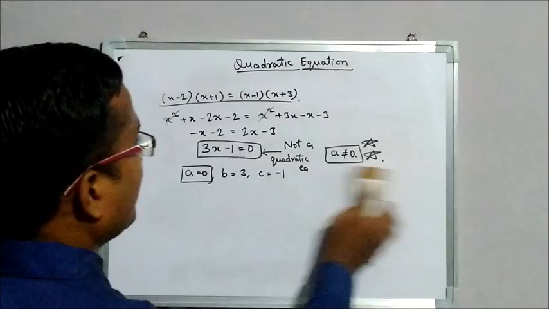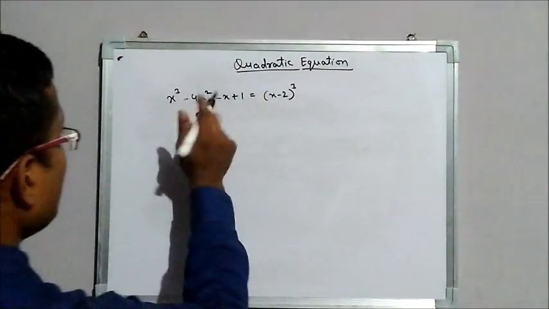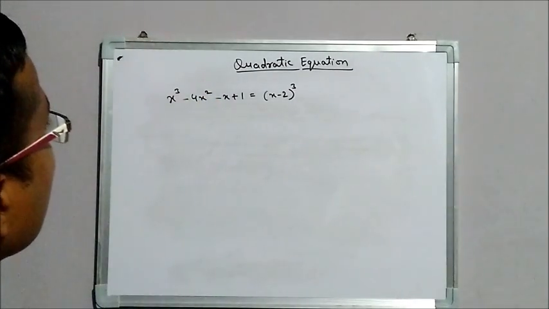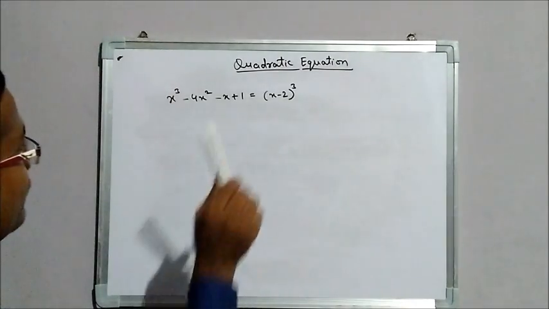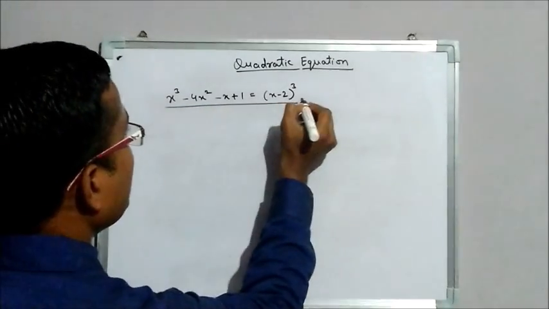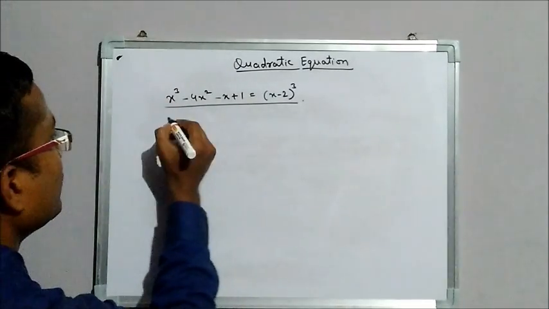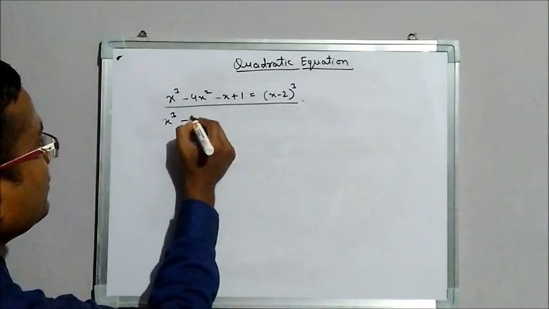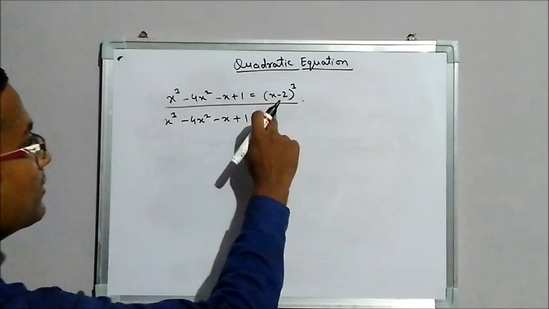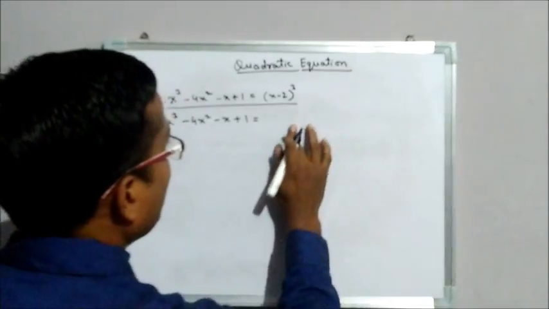Okay. Now taking another example. On seeing this equation, we can say at first that it is not a quadratic equation, but we cannot judge by directly seeing the given expression whether it is quadratic or not. We have to solve it. On solving this equation, x³ − 4x² − x + 1, this is a cubic expression and we should learn the identity